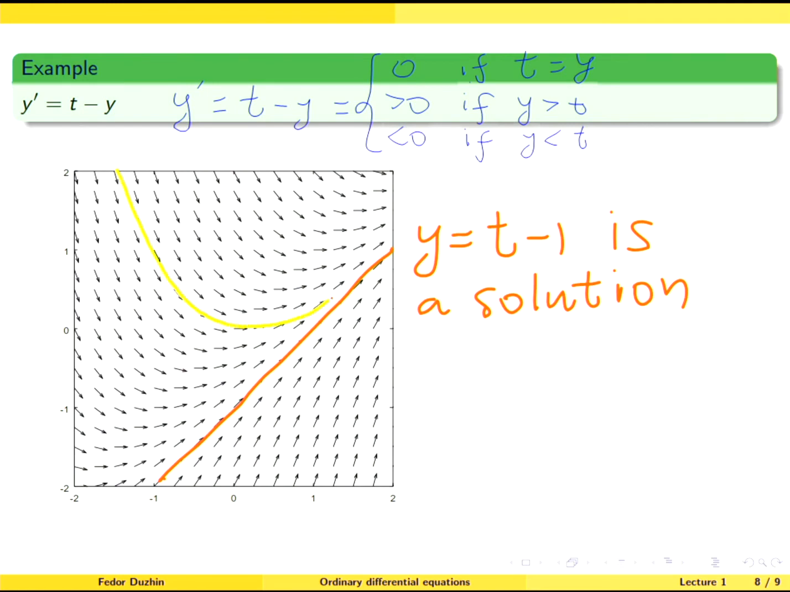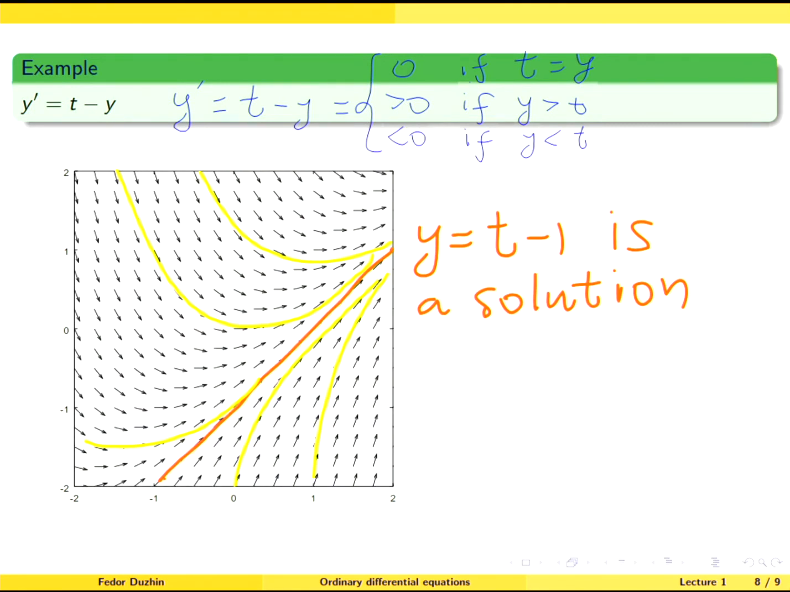But even more interesting is that if you look at other solutions of this differential equation, then you will see that other solutions approach this solution. So all other solutions, as t goes to infinity, approach the solution y equals t minus 1. So this means